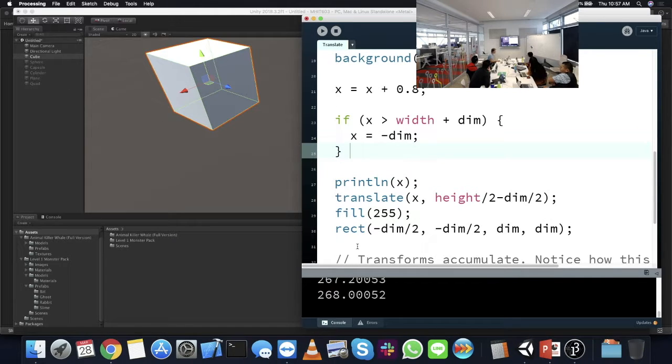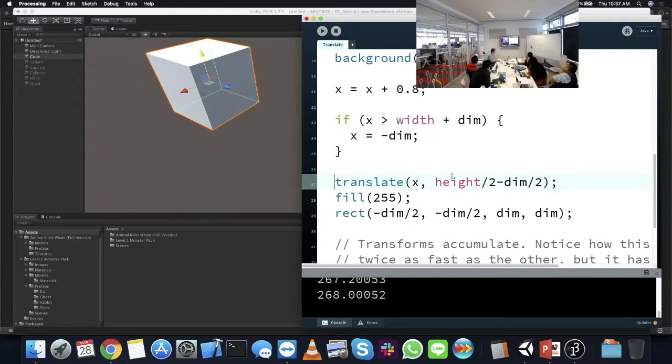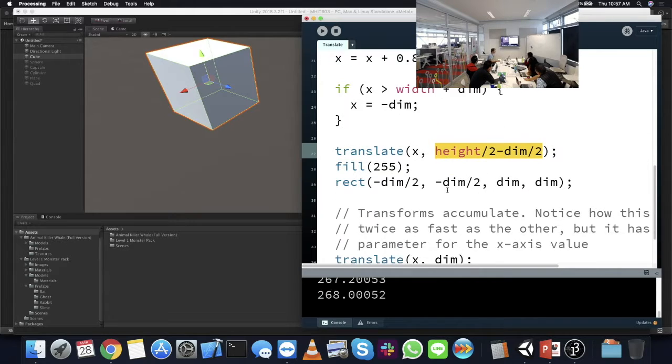So basically each time we draw this white box, we move first to the position of x, and then we move the position halfway down the screen rather, and then we draw that